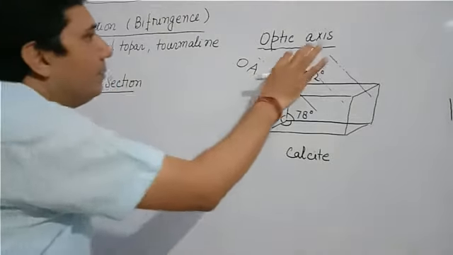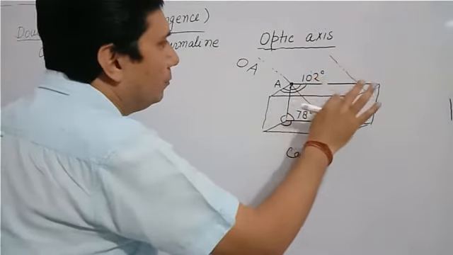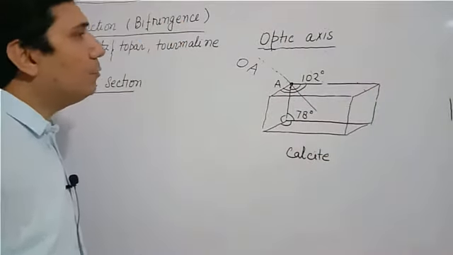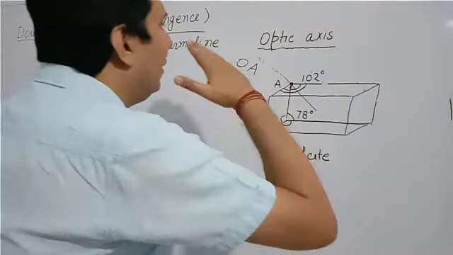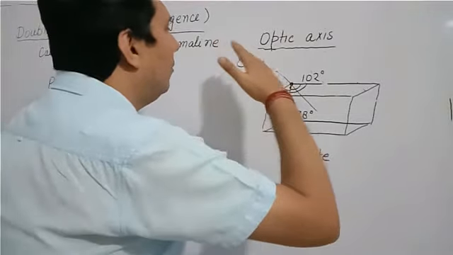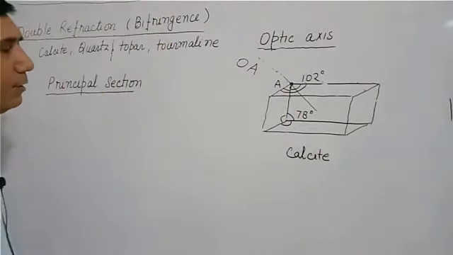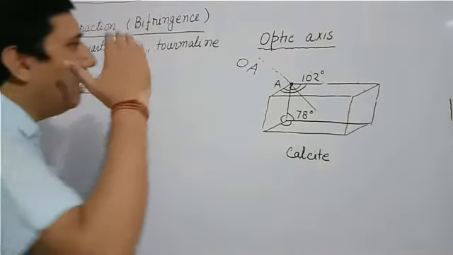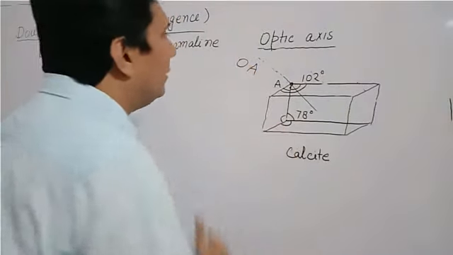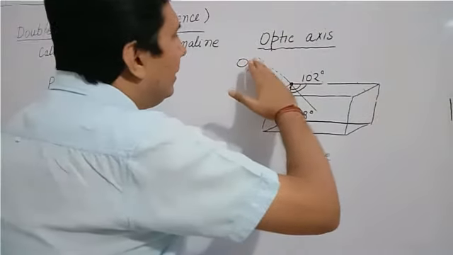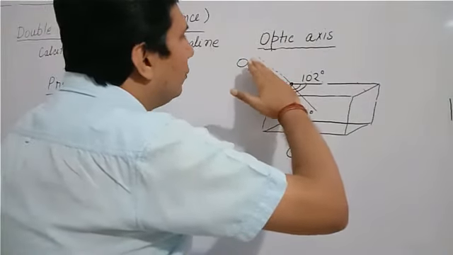To understand the principal section, we have to imagine a plane that is passing through this blunt corner and that is passing through this optic axis. And then we will start rotating this imaginary plane around this optic axis